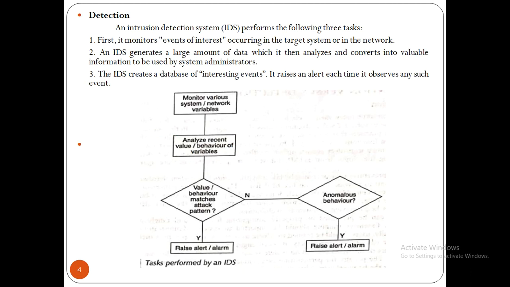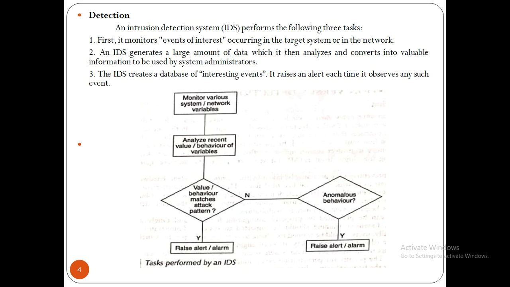Whereas in detection, an intrusion detection system, in short IDS, performs the following three tasks. First, it monitors events of interest occurring in the target system or in the network. An event of interest may be a system call, that is, a call made to an operating system, for example, opening of a file containing sensitive data. Another event of interest may be the attempted establishment of a TCP connection from a specific IP address machine